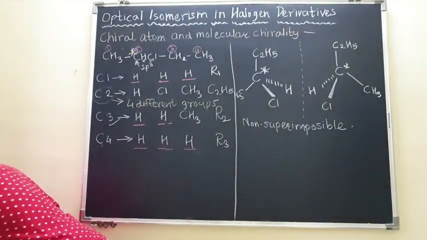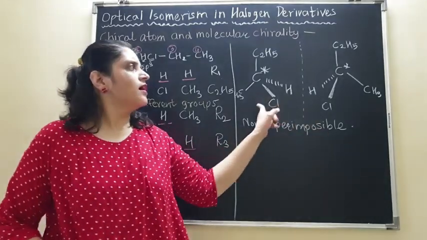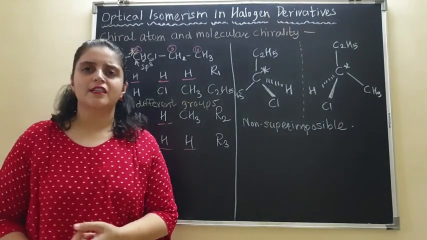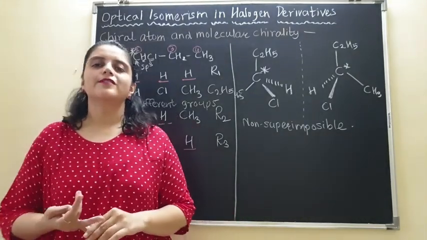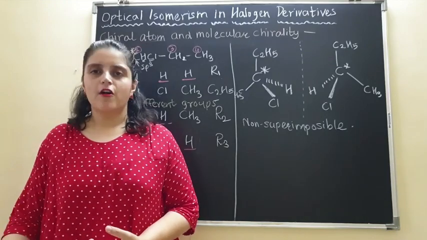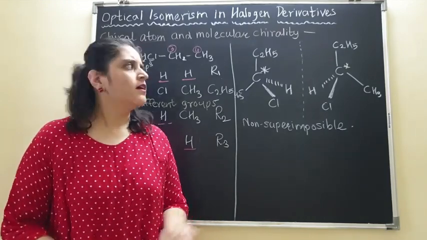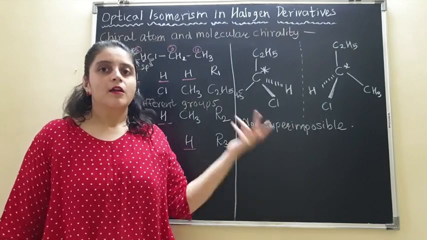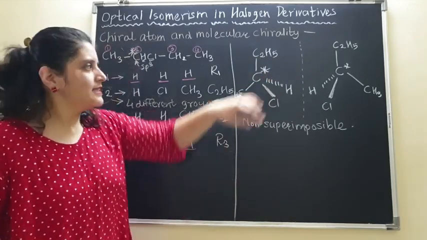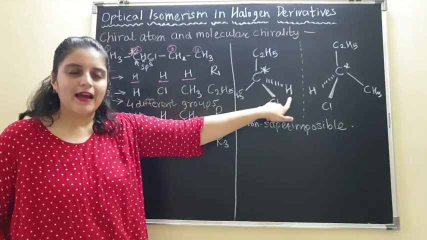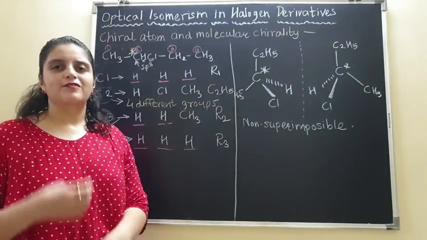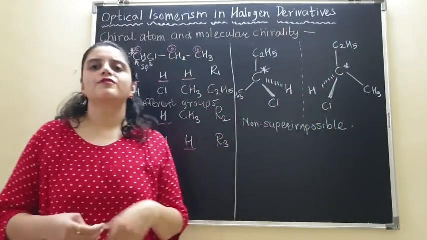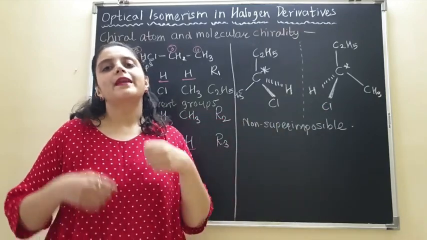So such mirror images we can call stereoisomers of each other. What are isomers? Isomers are compounds which have the same molecular formula but a different structural formula. But now if you look at such structures, the structural formula also looks the same. Their arrangement, their connectivity is the same. Like this carbon is attached to 1 hydrogen, 1 Cl, 1 CH3, 1 C2H5. The same is with this carbon: 1 hydrogen, 1 Cl, 1 CH3, 1 C2H5.